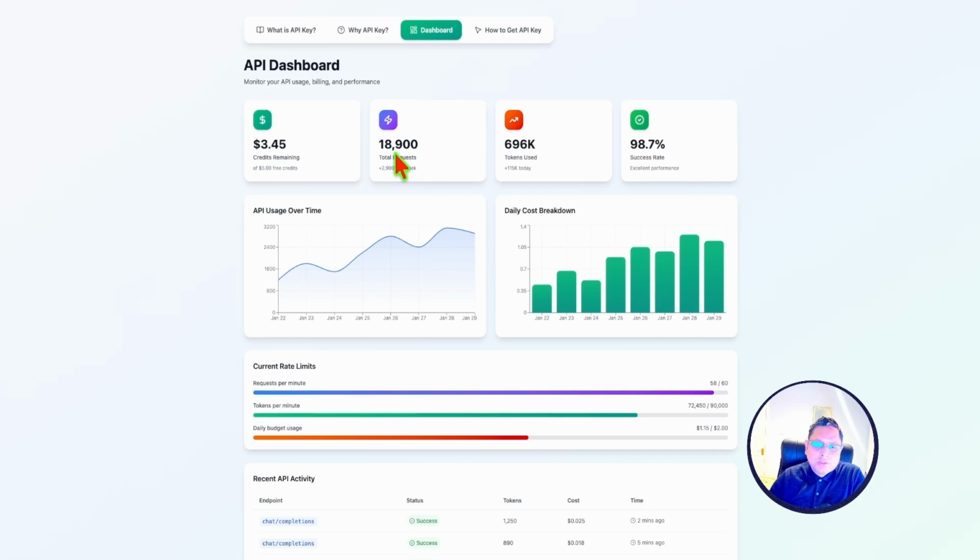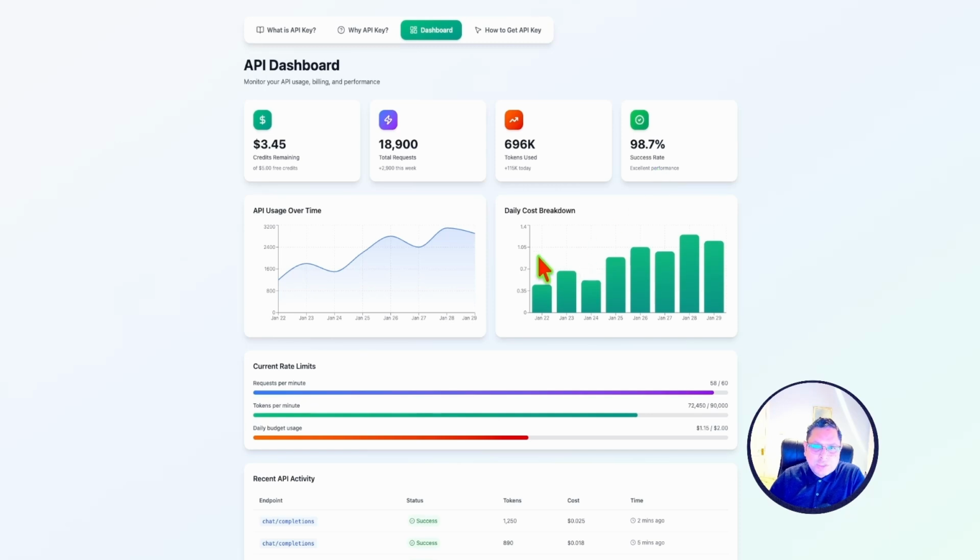It shows 18,900 requests with 2,900 added just this week. And then tokens used. In this example, 696k tokens used. And your success rate. Here 98.7, which indicates excellent performance.